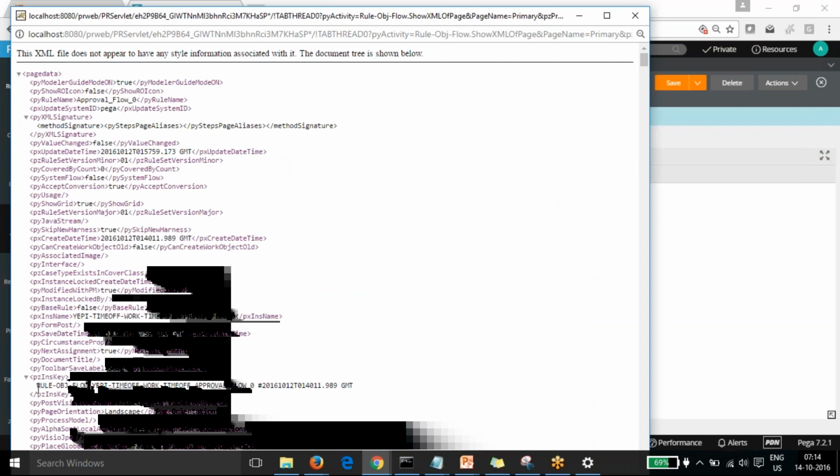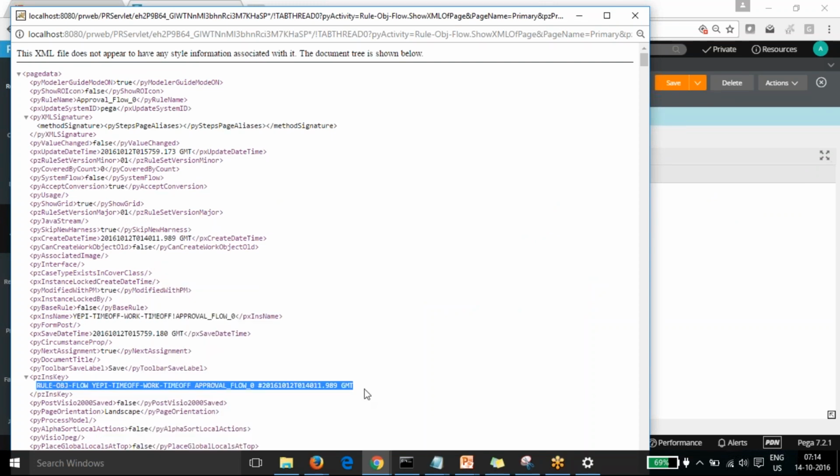This is the rule name, which is in the database. This is the complete name of the rule, the key to get it enabled. It contains the type of the rule, then the class it applies to. We have four IDs: the type, the applies to class, the name, and the timestamp. That's the key which is getting stored in the database for the same.